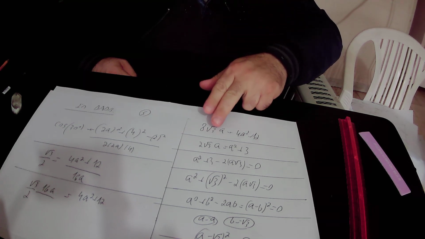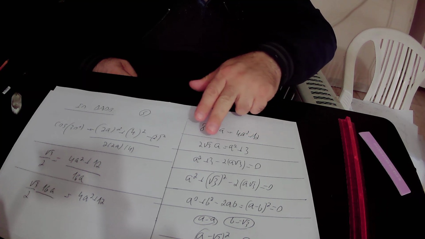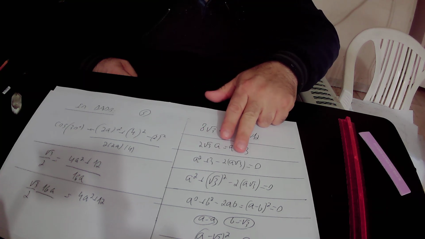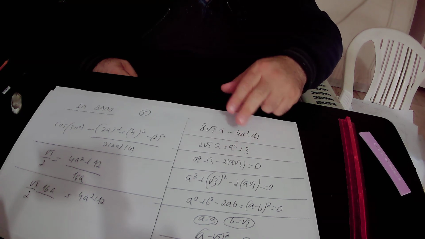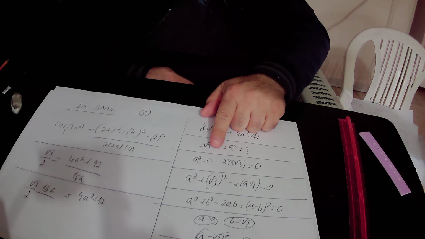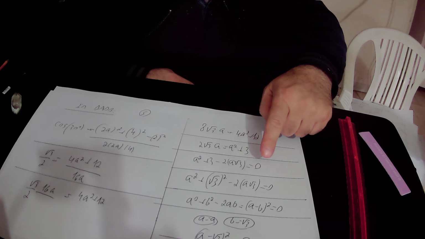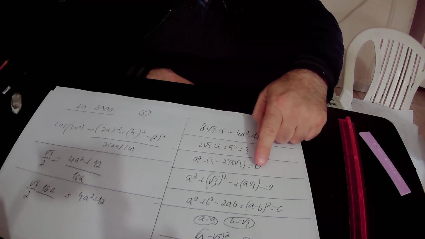We subtracted 2 times square root of 3 times A from this equation, and we got that A squared plus 3 minus 2 times square root of 3 times A equals 0. Here we substituted 3 by square root of 3 squared, and we got that A squared plus square root of 3 squared minus 2 times A times square root of